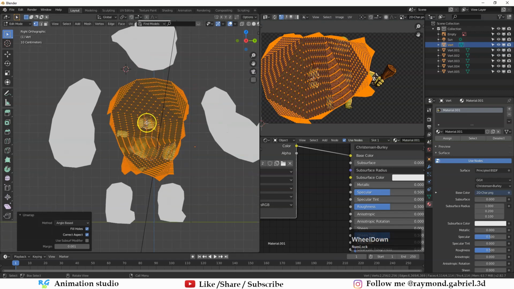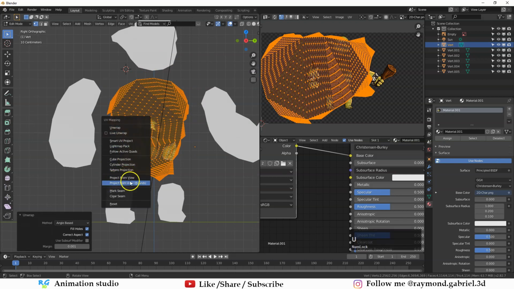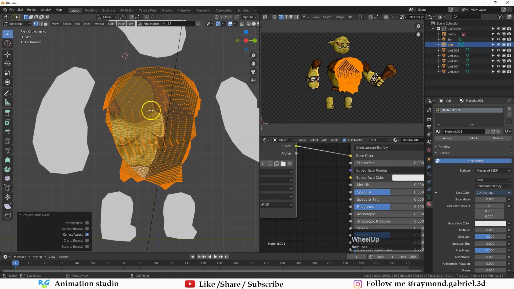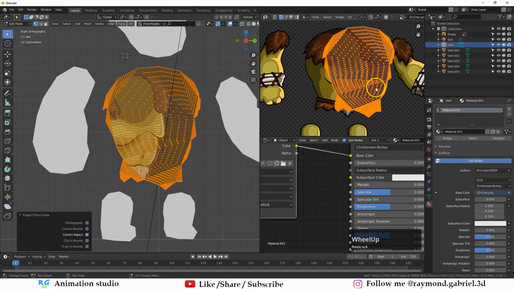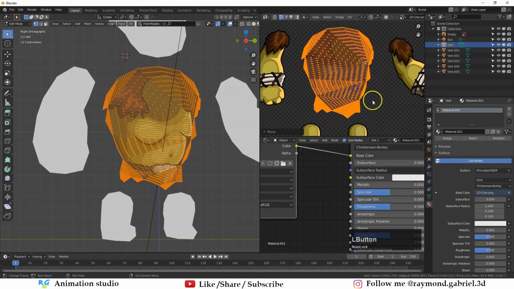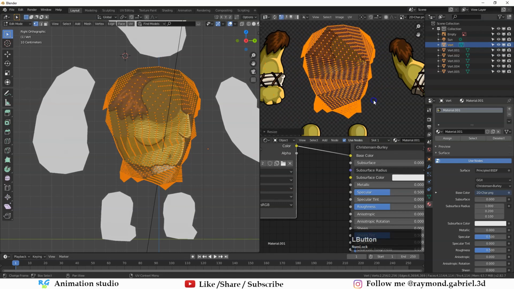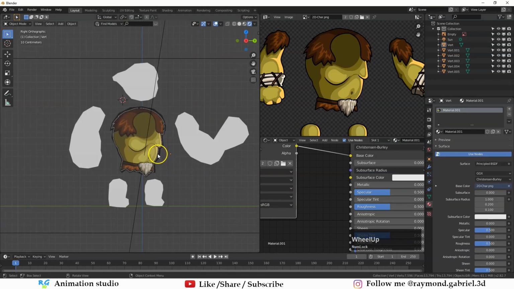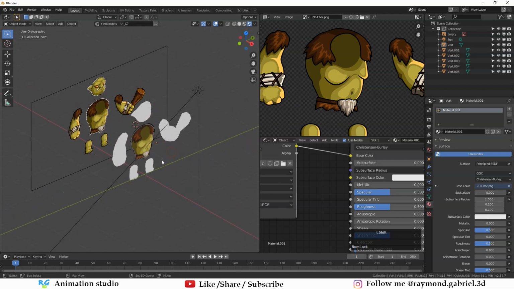So to unwrap this mesh exactly as it is in the viewport, you can press U and select project from view. That will project the mesh exactly as you see it in the viewport. Now you can just move it and place it where the chest piece is. To be able to do this method faster without having to manipulate the UV here, you can just create a